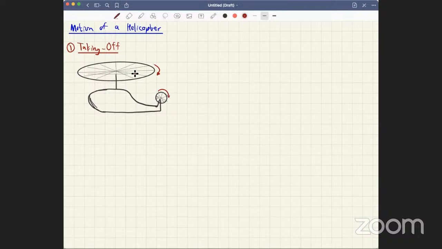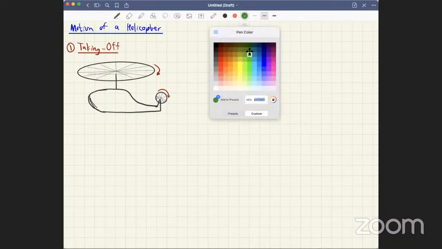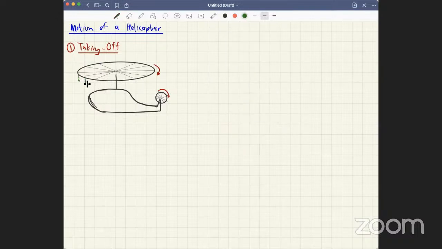Now, the large rotor will push the air down like this at a certain speed. Do you agree with me? Okay, how does it happen? Just stand below a ceiling fan. When you stand below a ceiling fan, you will be able to feel a gush of wind coming towards you. Correct? Right. So then we have to think of a cylinder of air below that wing,